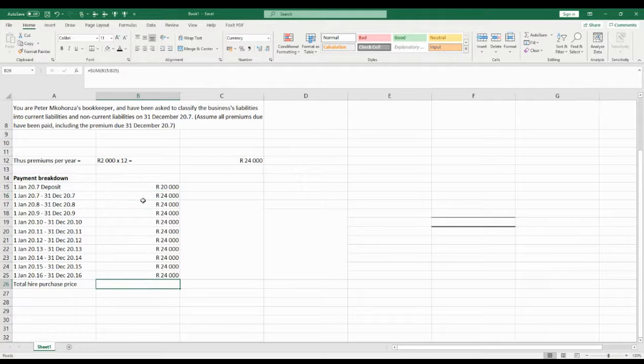If I add all of this together, you get the total of 260,000, which is the total hire purchase price, which was also given in the question. So that is just to show you how they got to the 260 so that we know. Now what I said is